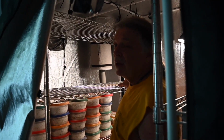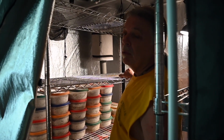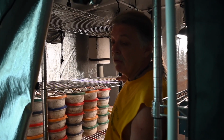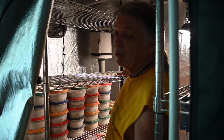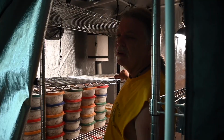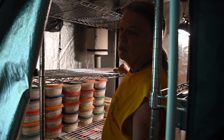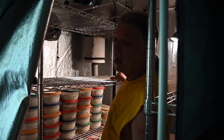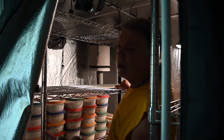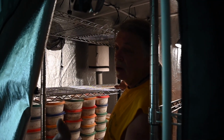Actually, in rare instances here, we have found nests from the year before. Digging what we think to be a fresh nest from this year, you end up finding one from last year that you missed. That is so rare. It's only happened a handful of times that you have live animals in the nest from the year before at this latitude. And since alligator snapping turtles don't really go north of where we are here in southern Missouri, they do a little bit along the Mississippi and just west of here,